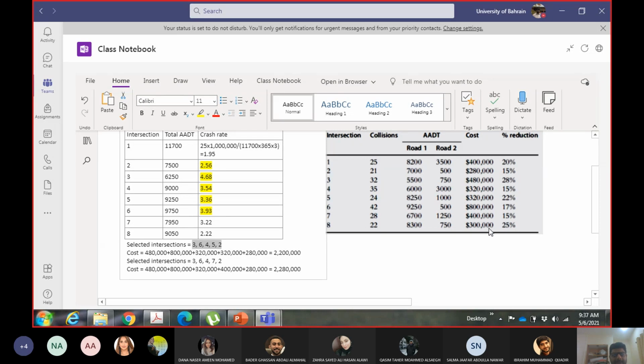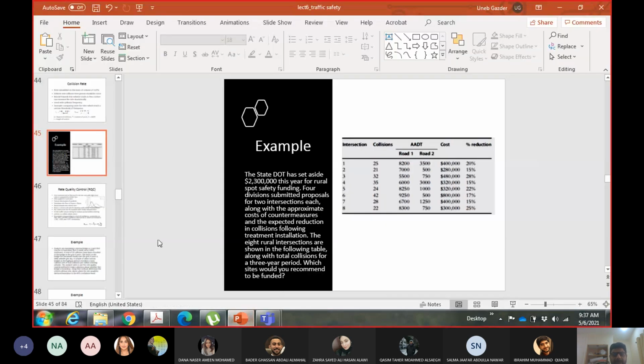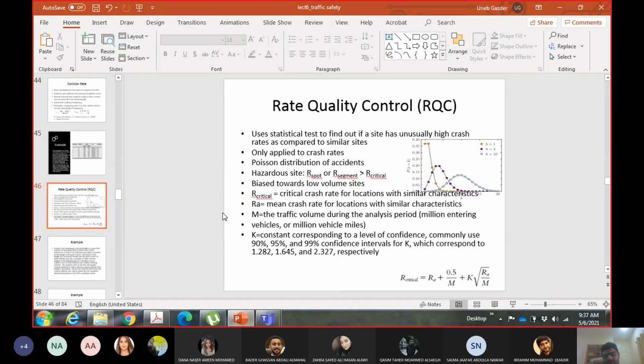But anyways, this is a policy decision. In the end, you have to leave out some sites, so it doesn't matter which one you are going for. It's not a big issue.